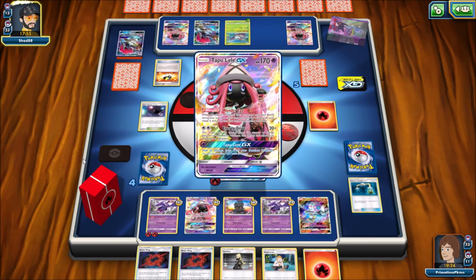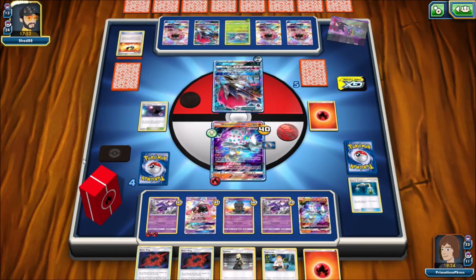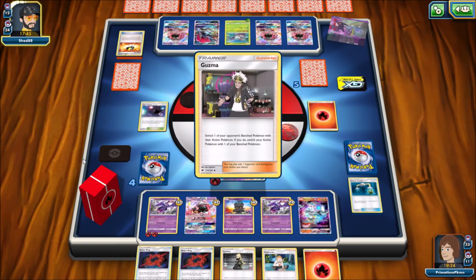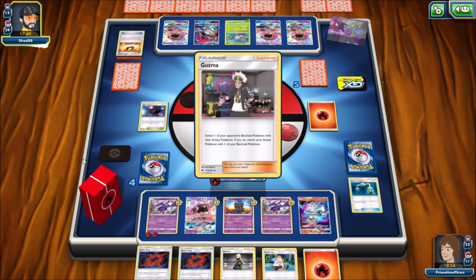Another Tapu Lele. So going back, I should have set up that Alolan Muk, but you never know. What are they going to do? Cynthia, potentially. I would think either Cynthia or Guzma. Acerola wouldn't have made any sense. Lily wouldn't have made any sense. What are they going to bring up? They're going to bring up